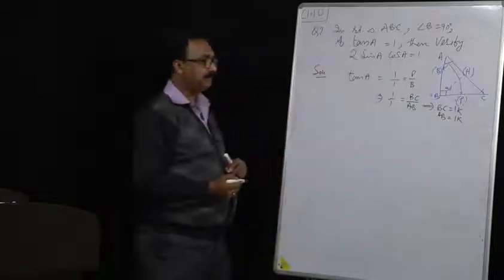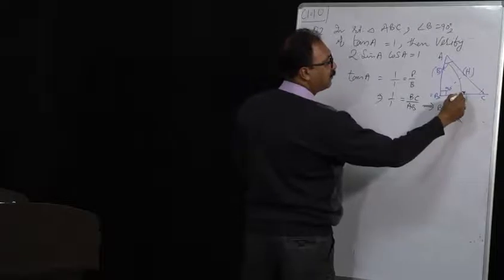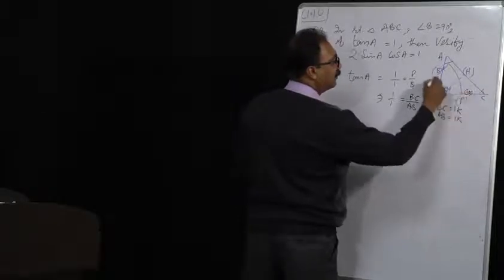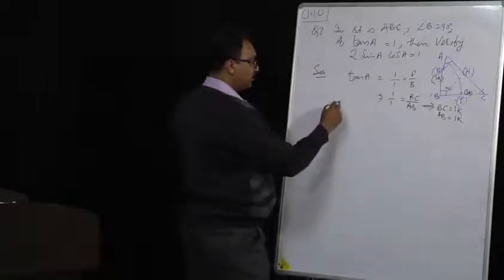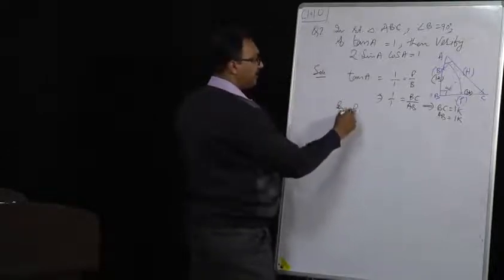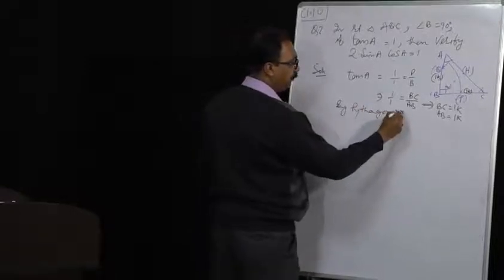Is it clear? So now if both are 1K, we can write 1K and 1K. But we don't have AC, we have to find it. So then, by Pythagoras theorem,